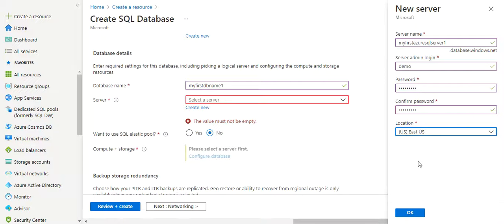This is just for where you want to deploy your database. So here I'm going to select the default value location. Click on OK, and when you click this OK, all the information of the server name will be reflected in this text box or this drop down.